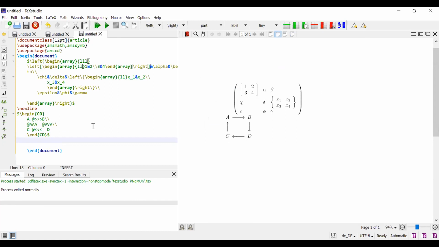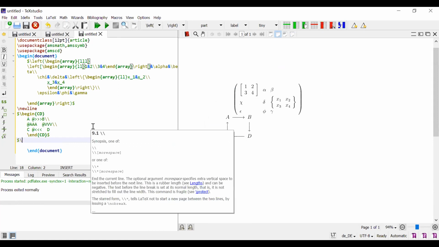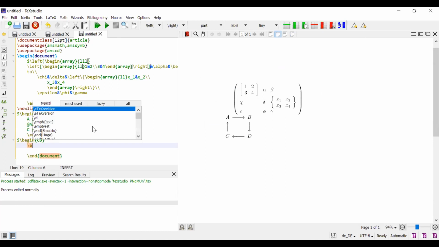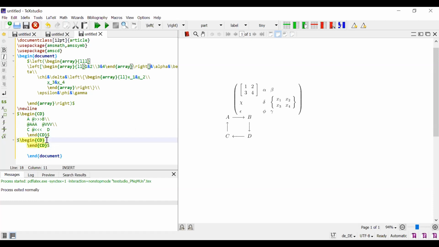Okay, the same thing, dollar symbol, begin CD, end CD. Why I fix a begin and end immediately is that otherwise the highlighted things follow each and every command, so we get confused. Oh, there is a mistake. Then only we can write the end command also, followed by the begin command.